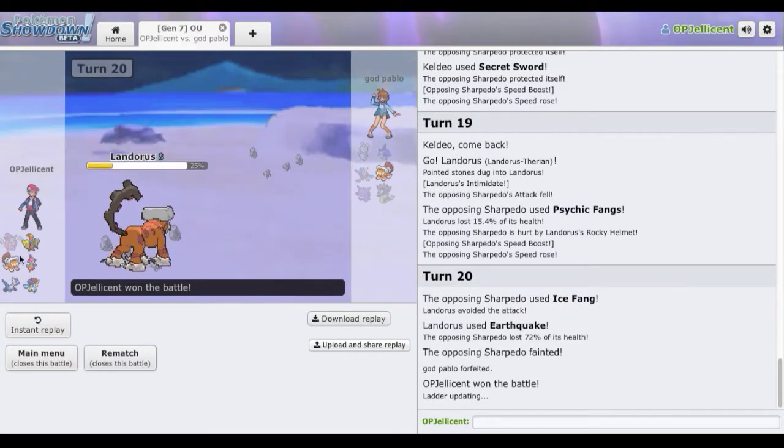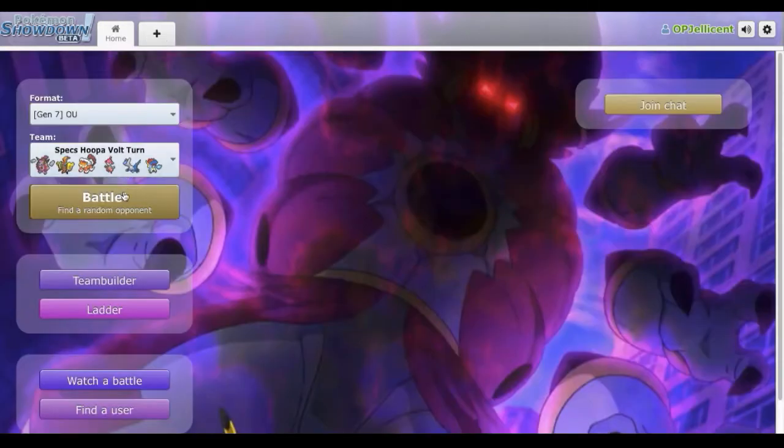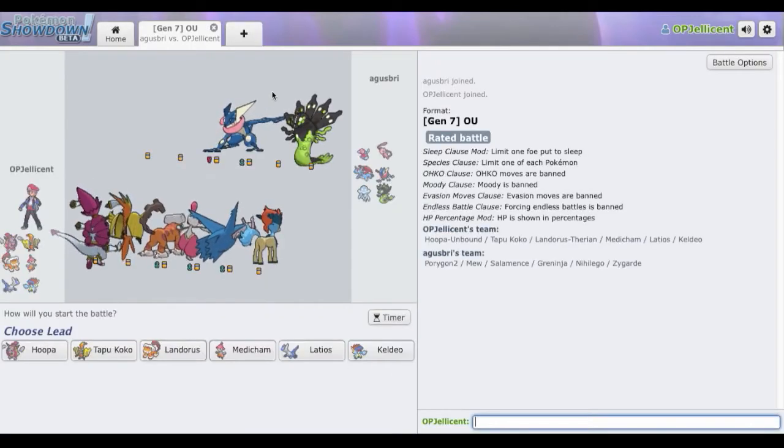But he would have not been able to knock out my Tapu Koko, and then he just went for Thunderbolt into HP Ice and won that match. So a little bit unfortunate there. Specs Hoopa did do a little bit of work that match, so that's always nice. And what I'll do right now is just...